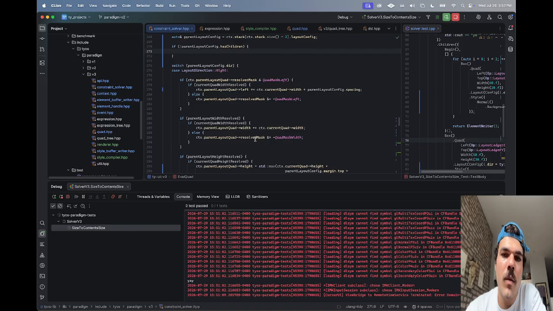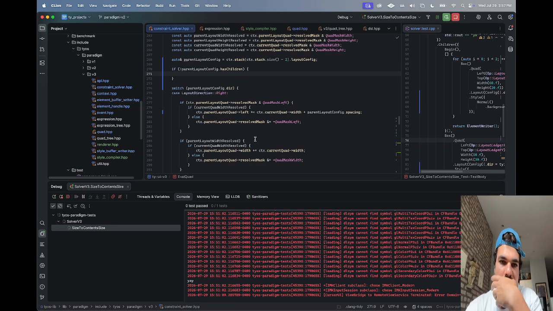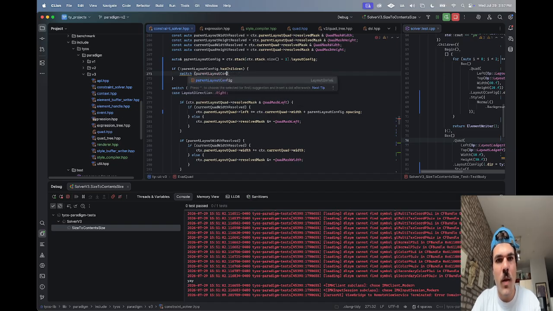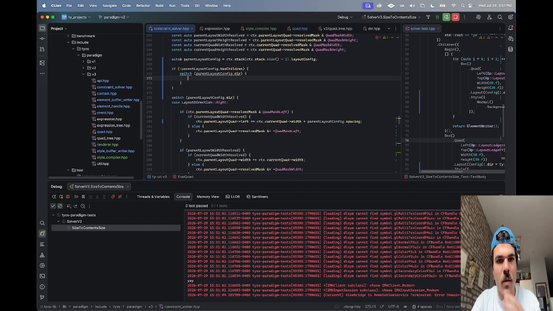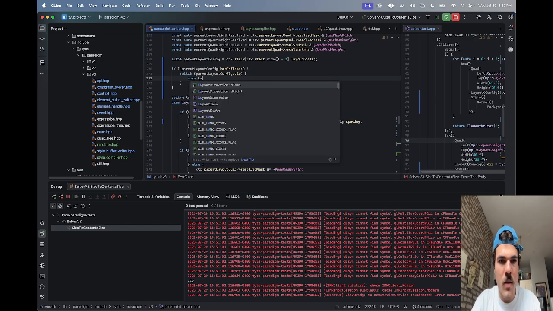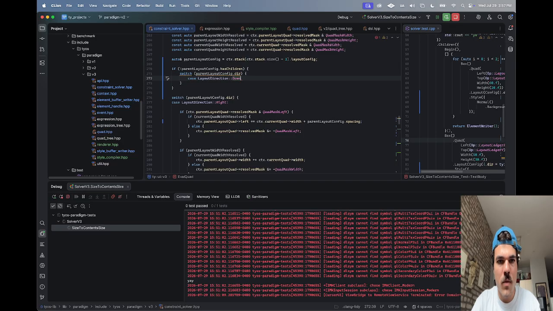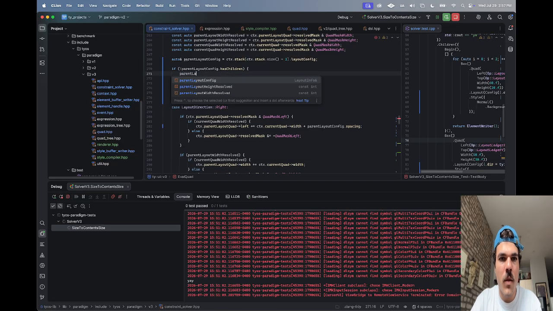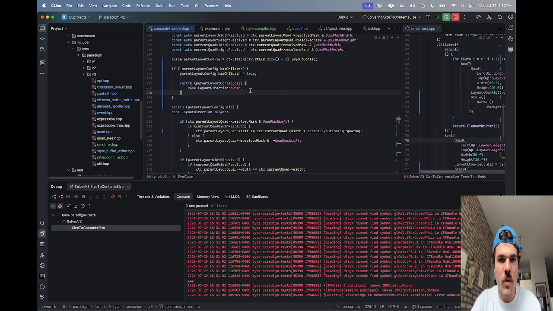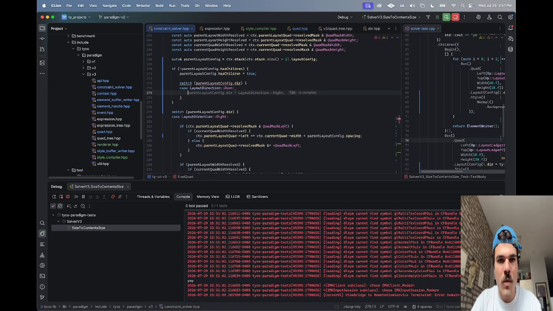Okay. So if it doesn't have children, parent layout config dot dir case parent layout config dot has children equals true. Down equals